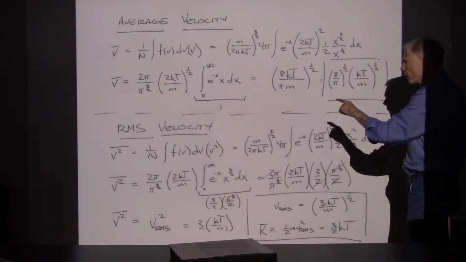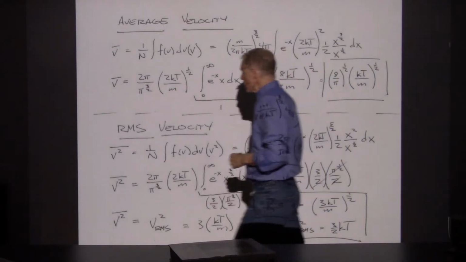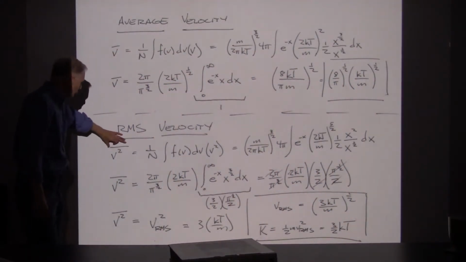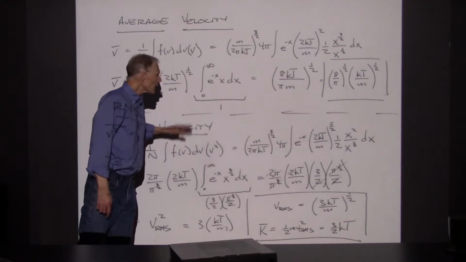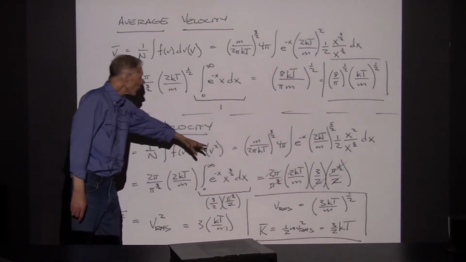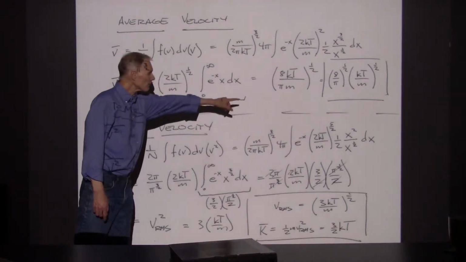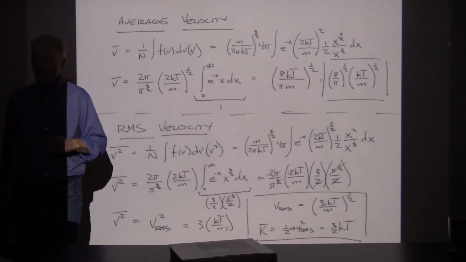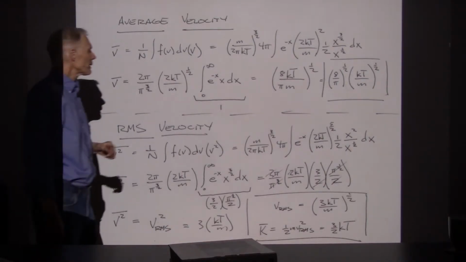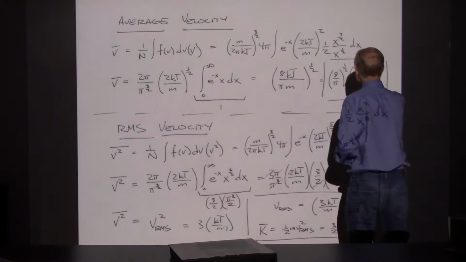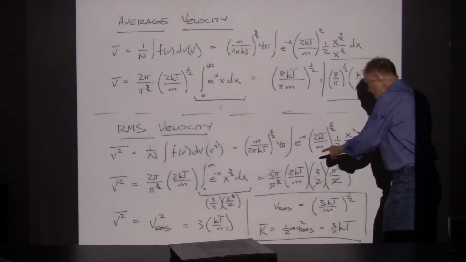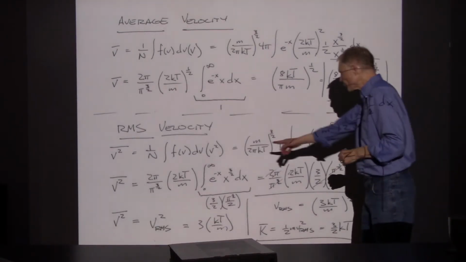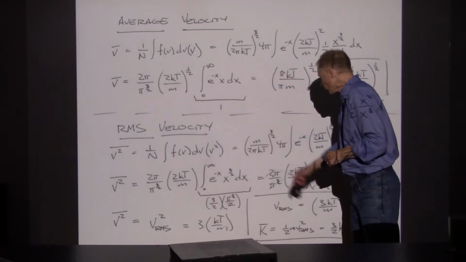Now, when I do the RMS velocity, that would be the average of v squared. So I have to put 2 factors of v into my integration and carry out the integration once again. With an extra factor of v, I'm going to have extra factors of all the constants. I'm going to have extra factors of x. Instead of x to the 3 halves, I now have x squared. When I carry out this integration, I end up with 3 times kT over m. So there's the